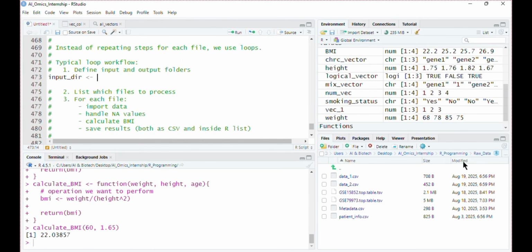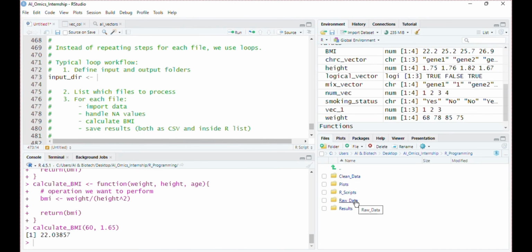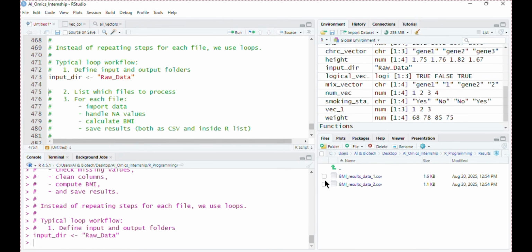Here I insert the name of my working directory. It is not an actual folder but the name of the working directory. You have to make sure you don't have any typo here. Like I made a mistake: I have raw with R capital and D also capital, but I inserted it in lowercase.